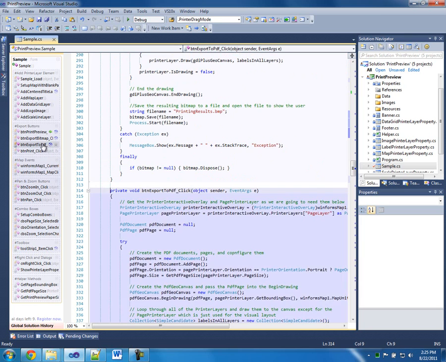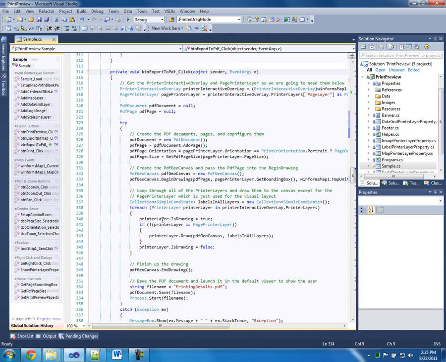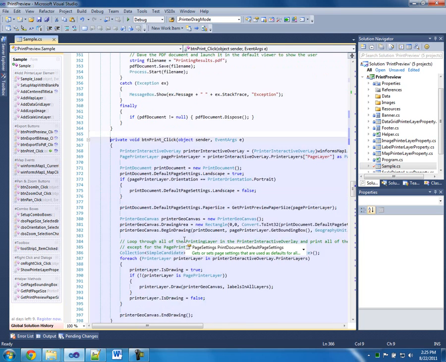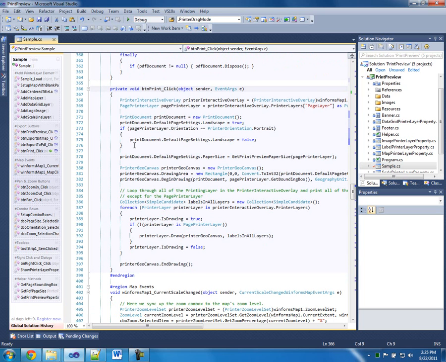We also export to PDF, and basically it's the same thing. We create a PDF document, we add a page, set the orientation, set the size, and then it's the same loop. We go through and then we save it out and we pop up the PDF with this process start. And then if we were to go directly to the printer, it's the same thing. We create a print document, we create our printer geo canvas, we loop through the layers and export them. So you can see that it's really not that much code to have a WYSIWYG printing system